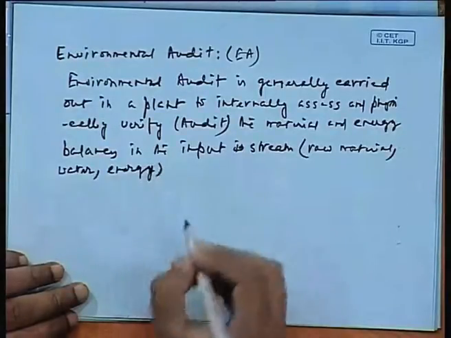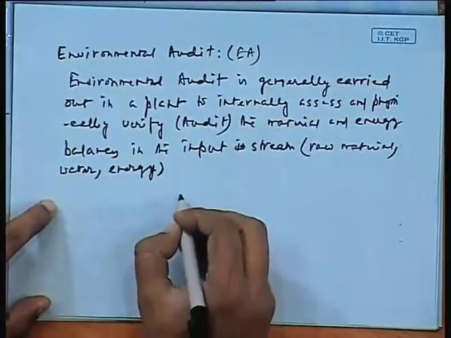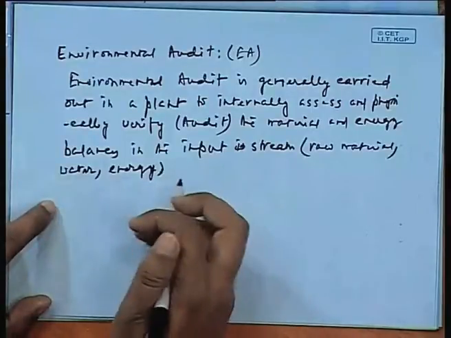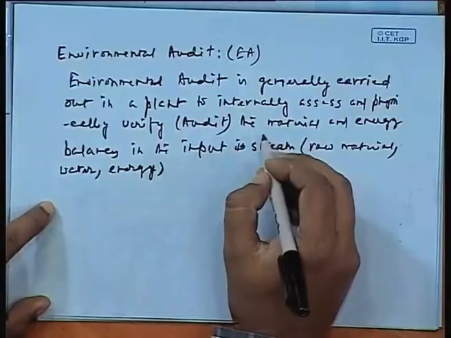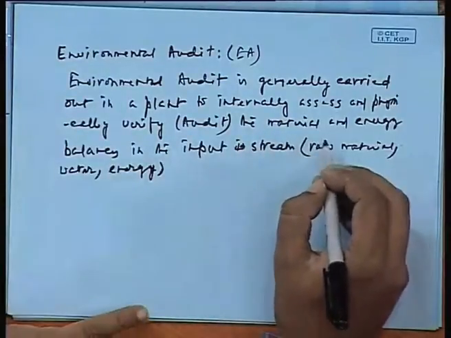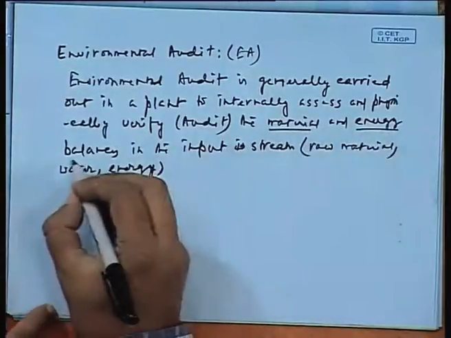These three, raw material, water and energy, or even say pneumatic power, whatever energy, as we have discussed. We audit the material and energy balances